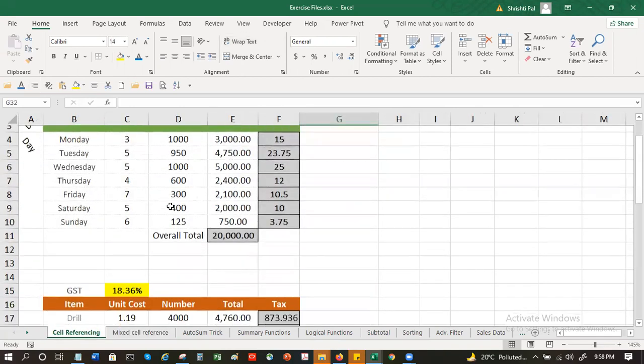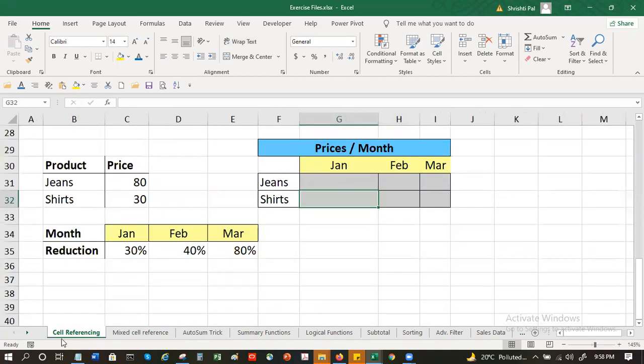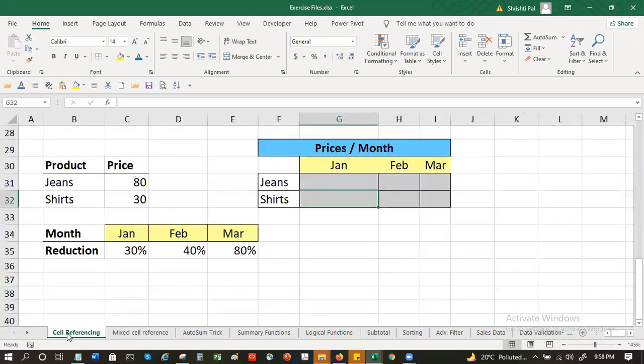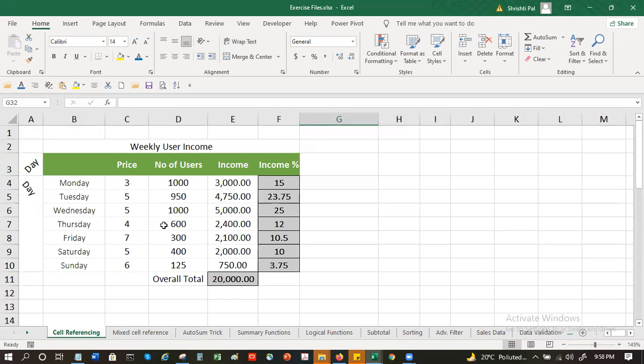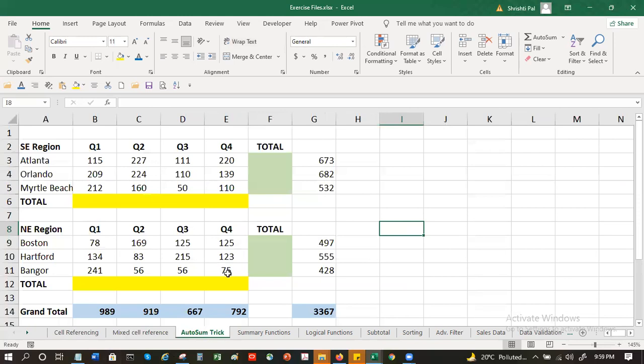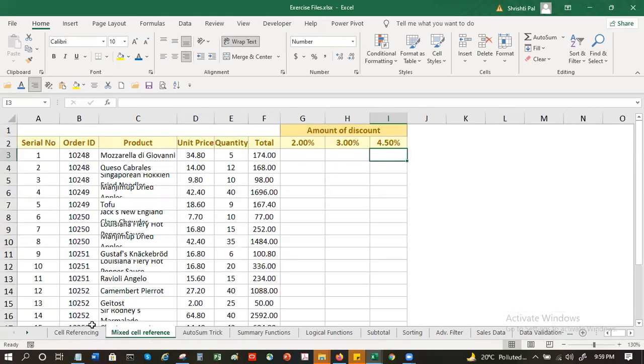This one is GST. Sometimes we have those US dollar conversion rates, right? So there also you might have to use a dollar conversion rate. So that cell will remain fixed. Rest of them will need to move. Clear? Yes, sir.